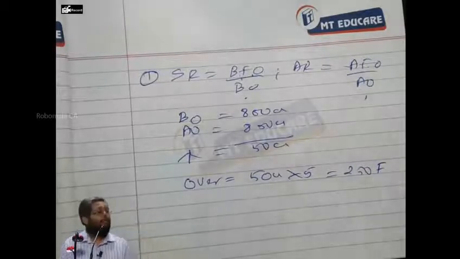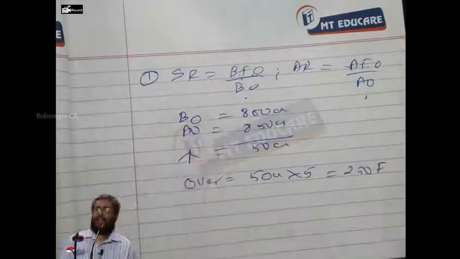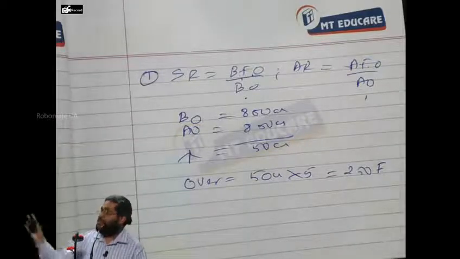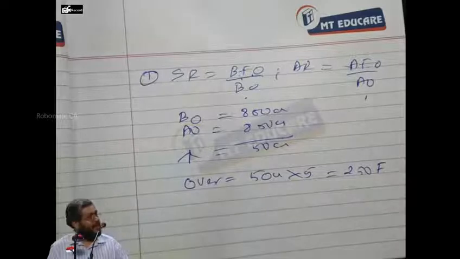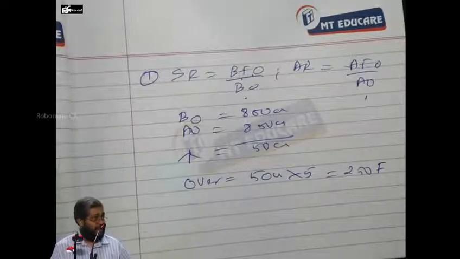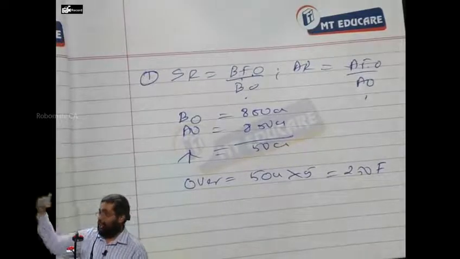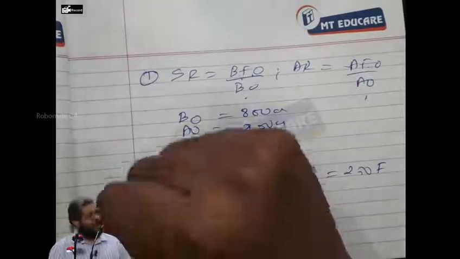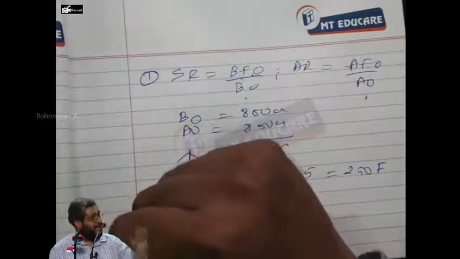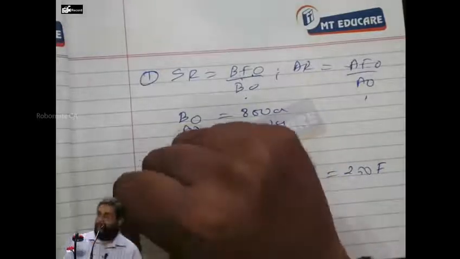The question is, sir, why does over absorption or under absorption arise? Because I use standard rate and not actual rate for charging to my output. Why are standard rate and actual rate different? Because standard rate, BFO by BO, comes from the budget. Actual rate, AFO by AO, comes from actuals. So the difference may be due to the numerator, BFO and AFO, which I call expenditure variance, or BO and AO, which I call